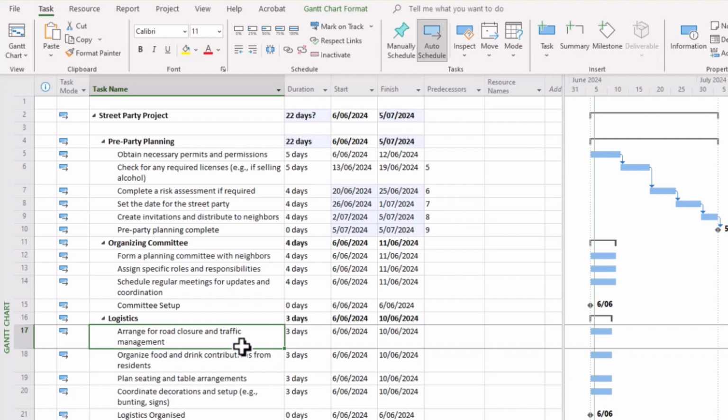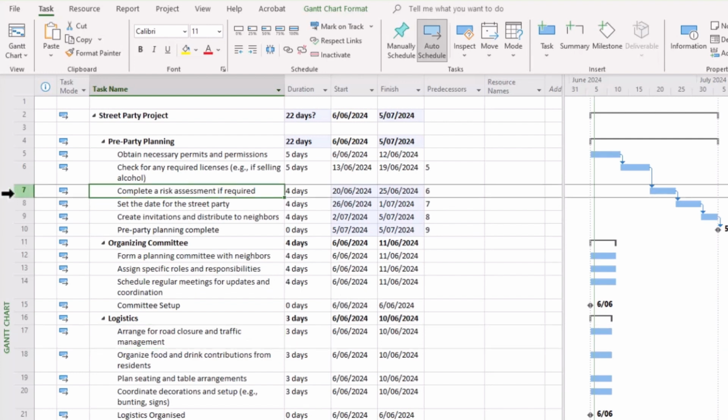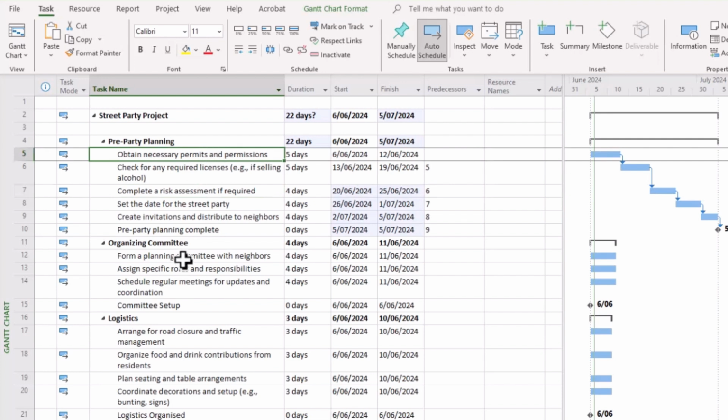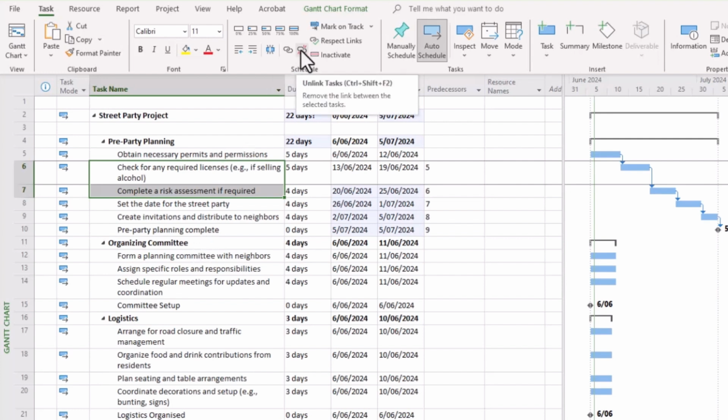Now you might wonder, well, what happens if we decide, for example, that task number 7, complete risk assessment, if required, can actually commence after permissions and permits have been obtained? Well, you can once again click on the tasks that are already connected, and you can disconnect them, or in other words, unlink the tasks.